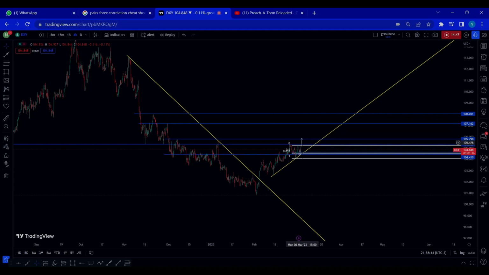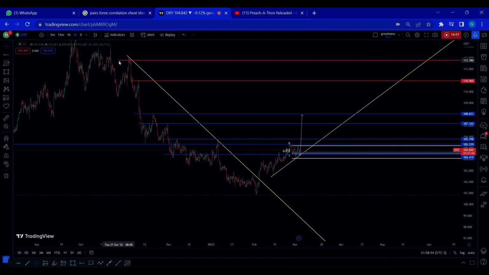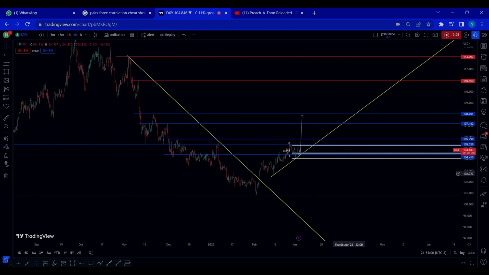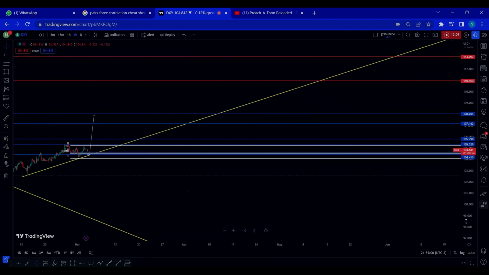We're expecting the market to push up, right? If the market continuously pushes up, we're going to be taking out all these highs. Our job is to just take out all these highs if the market continuously pushes up. But if the market fails to take out these highs, then it's definitely going to break the trend line, and we'll be taking out our lows, and we'll be aiming for these lows, right? So that's what I'm looking at on